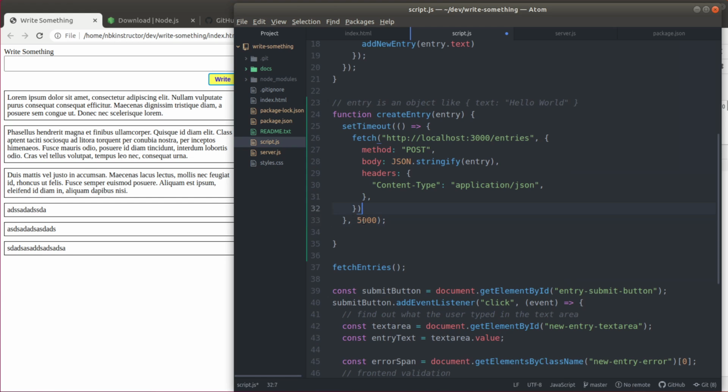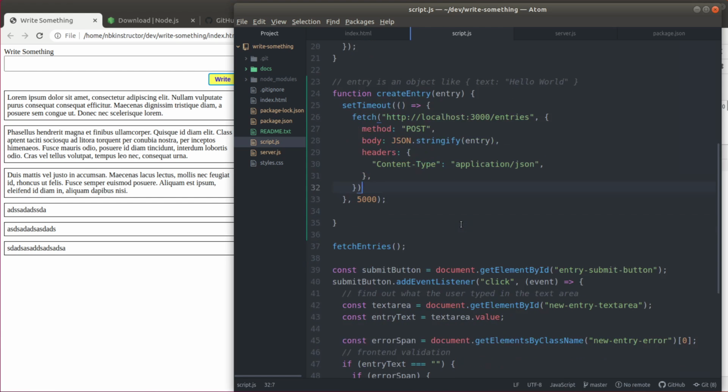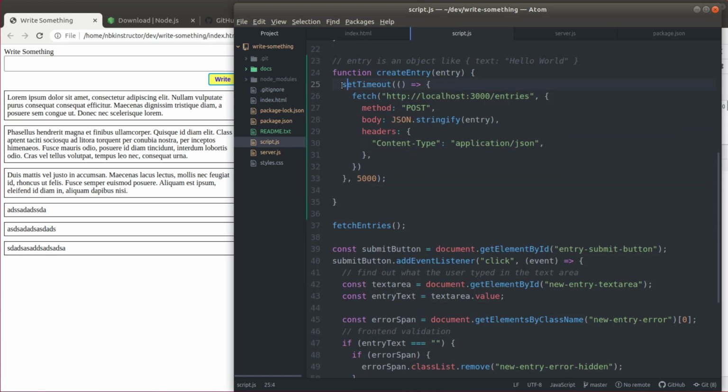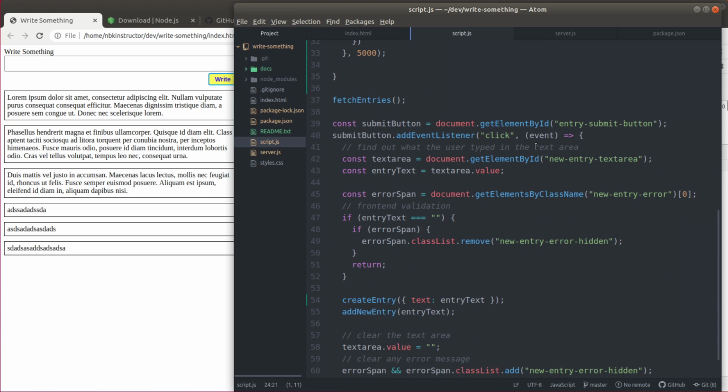Let me put 5. 5 seconds is 5,000 milliseconds. After 5 seconds, it's going to execute the fetch, so it's going to delay it by 5 seconds. And because of the asynchronous nature, it's going to call create entry, and immediately after it's going to add the new entry,